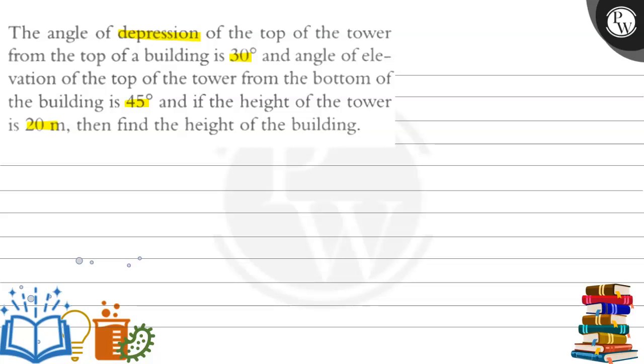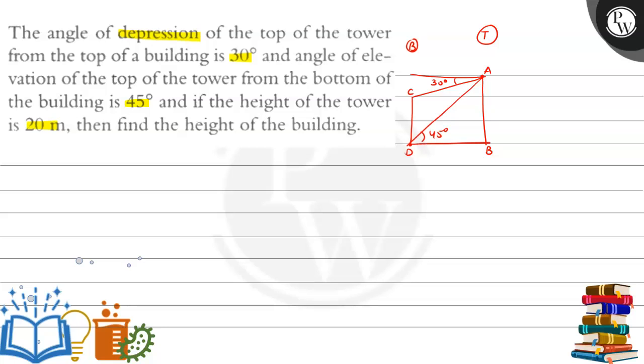Okay, so from the top of the tower, first of all, this is the tower. This is the top of the tower. So let it be AB. AB is our tower. And this small one is our building, CD. CD is our building. Now from the top of the tower to the top of the building, this is 30 degree angle of depression. And angle of elevation from the top of the tower to the bottom of the building, this will be 45 degree,